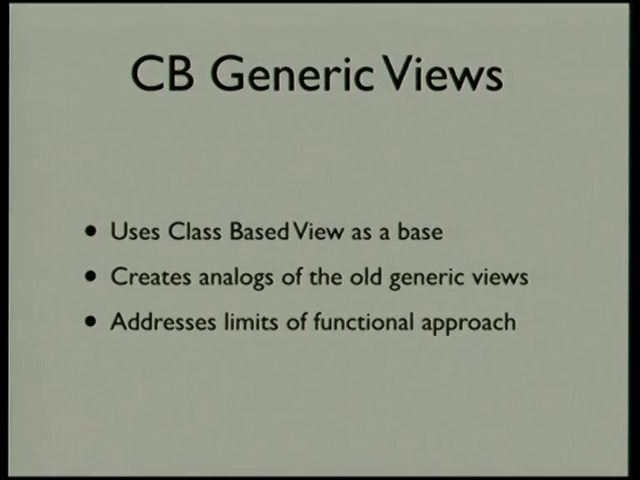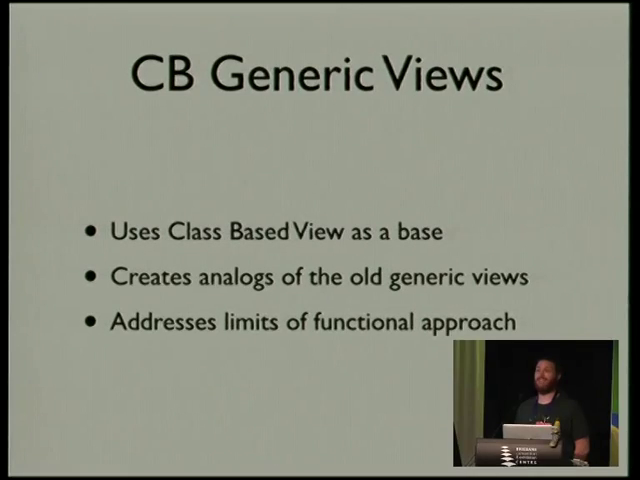Okay, so that's class-based views. Class-based generic views take that class-based view base and then create analogs of the existing generic views that were in Django's core. So the create, update, list, archive, date archive type functionality. Addressing all the limitations of the functional approach, in that we need to be able to create a different form